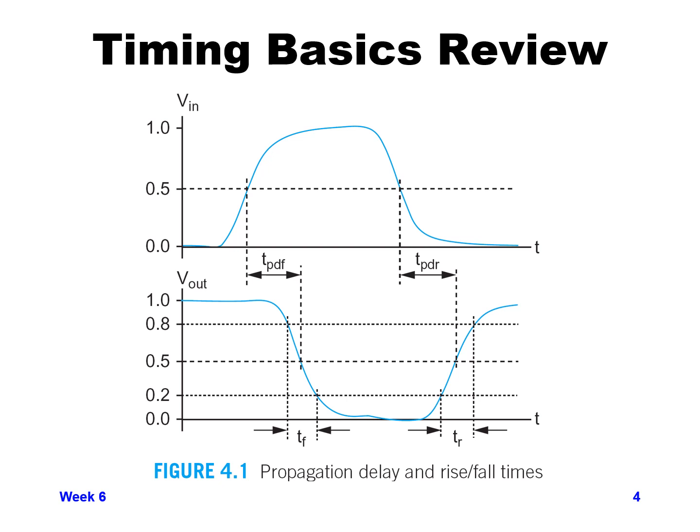Once it hits the 20% value, the time between that 80 and 20% is our fall time or falling slope. Then on the other side, when the input is falling and it crosses the 50% point, the output will eventually start rising, and when it crosses its 50% point, we now have the propagation delay for the output rising, or T sub PDR, and that propagation delay again is from 50% input falling